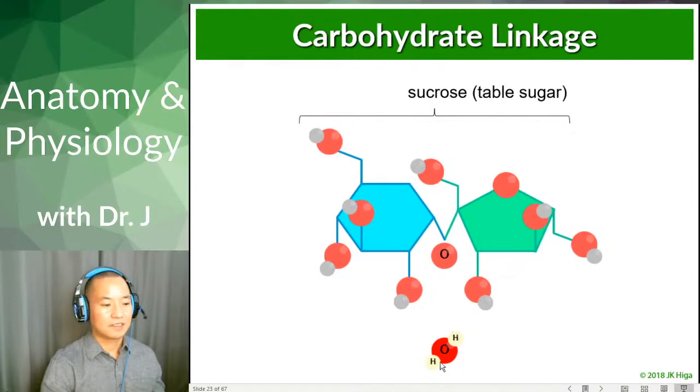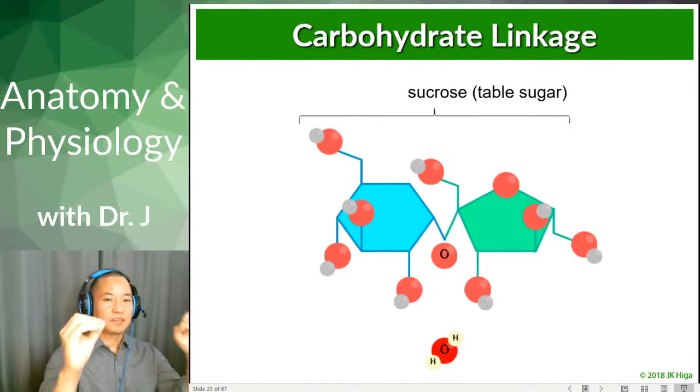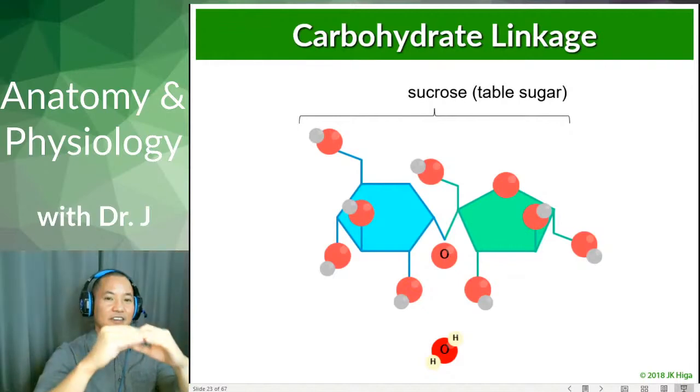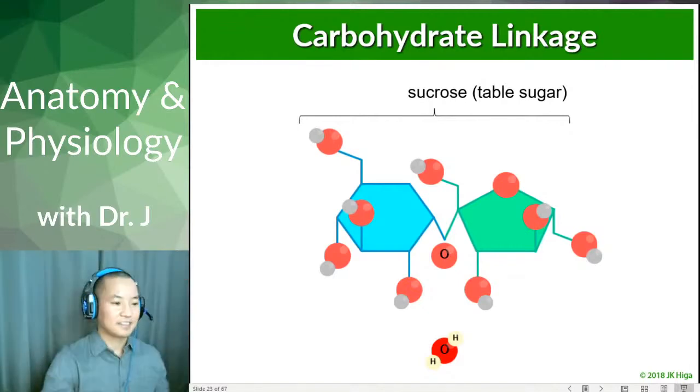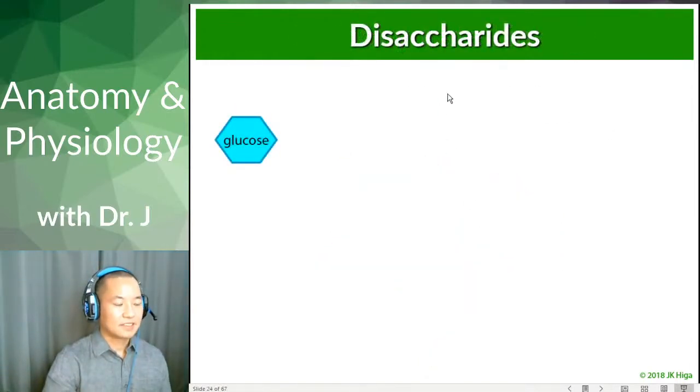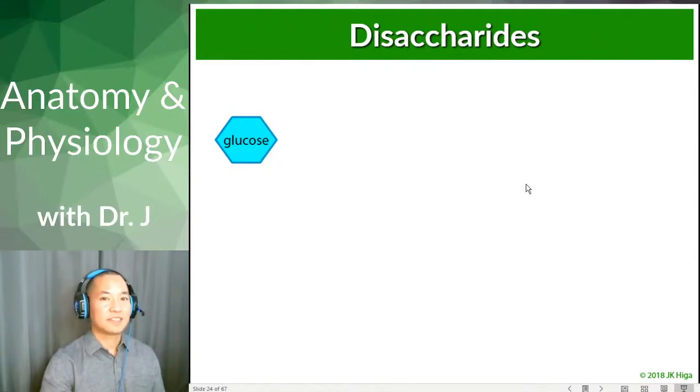So you're producing water, but it's also synthesizing a new bond between these two former monosaccharides. So now you have sucrose, and this is why sucrose is a disaccharide. You had two monosaccharides, you joined them together, now you have a disaccharide. All right, so there are many disaccharides, but the ones I want you to know, especially if you're continuing on to PHYL 142,